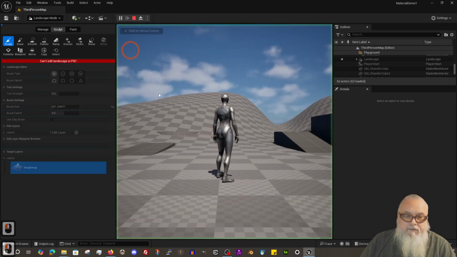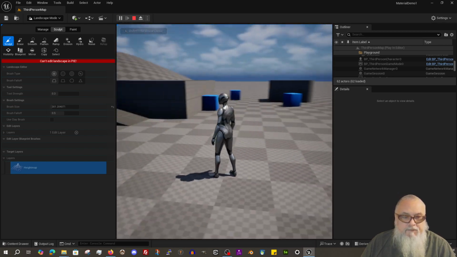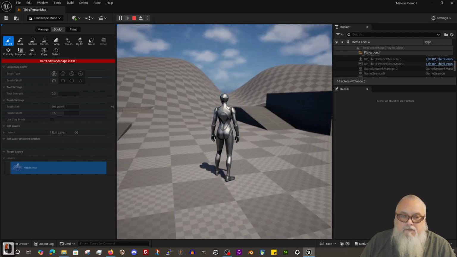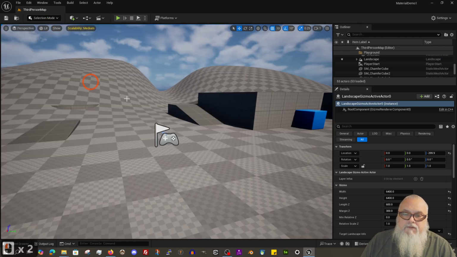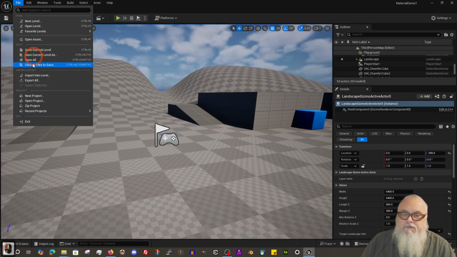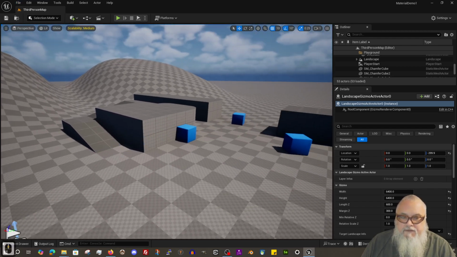So if we play the game here, we can see we now have a bit of landscape sculpted on here. Escape to go back out, back to selection mode. We'll do a save all here. So what we're going to create is a